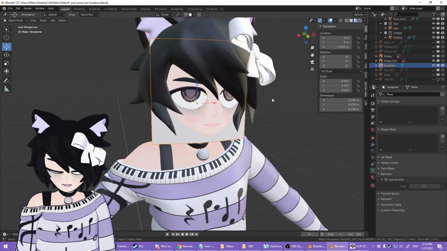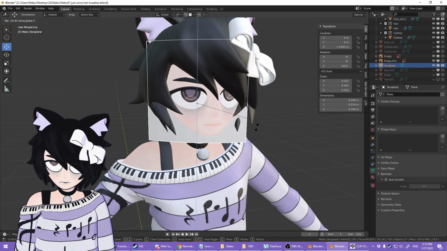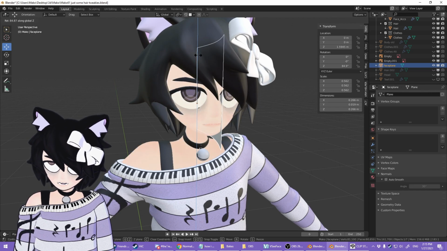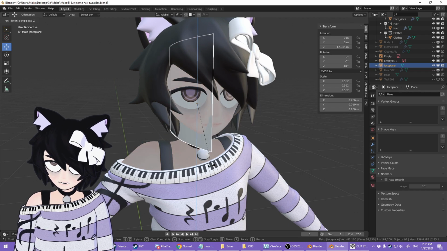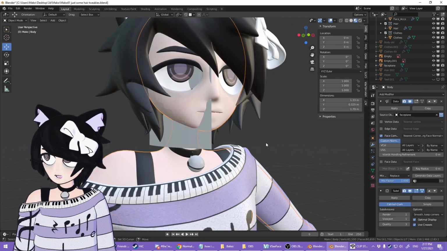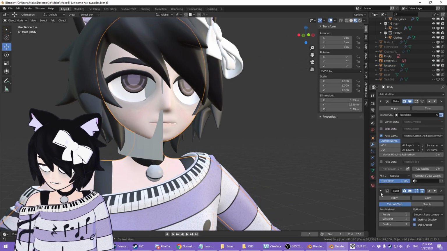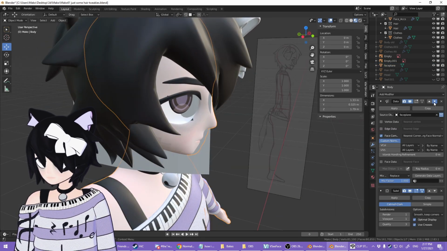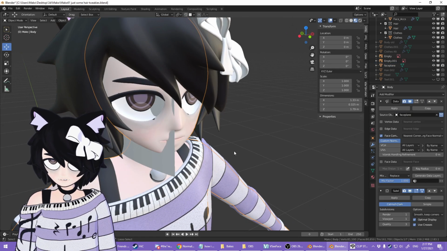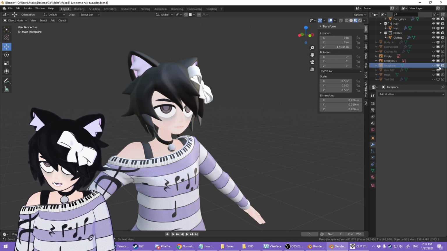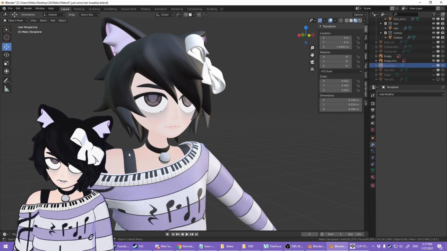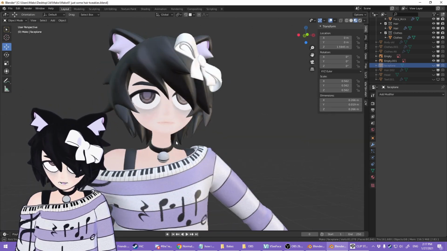Now if I rotate this plane around the Z, you'll notice the lighting on our model also changing. If I rotate it this way, it's acting as if all of the normals are facing in this direction. There might be conflicts with the subdivision surface modifier based on where this is in the list, so be mindful of that. But anyways, we can just hide this now and disable it from any renders. Now the problem is this is affecting our entire mesh. We don't want that, we just want the face.